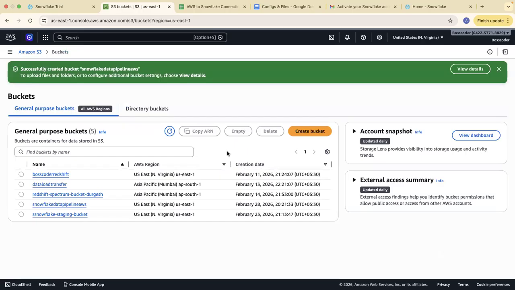Once you create any bucket in an AWS account, that bucket needs to have a completely unique name compared to all other buckets created over AWS. Your bucket needs to have a completely different name. So this is my bucket, which is Snowflake Data Pipeline AWS.